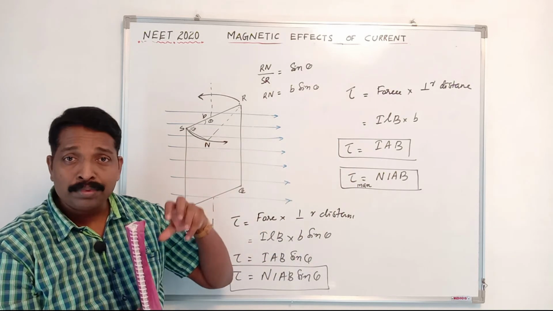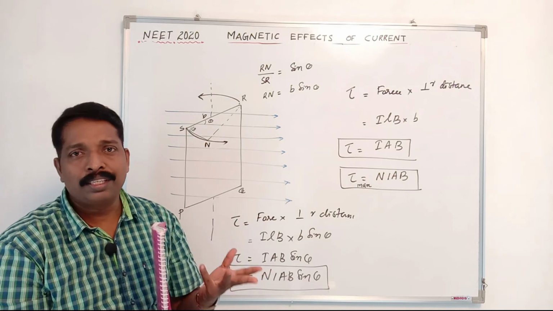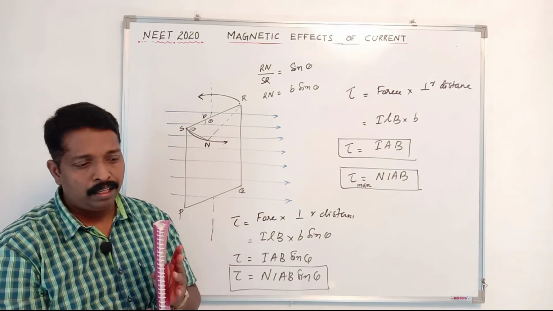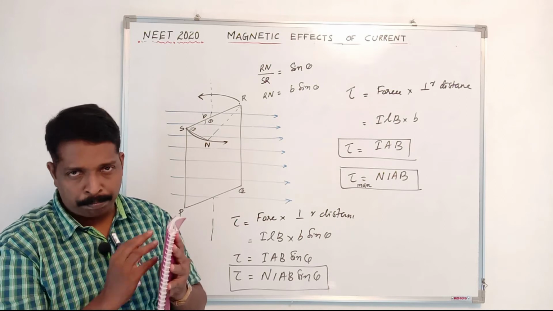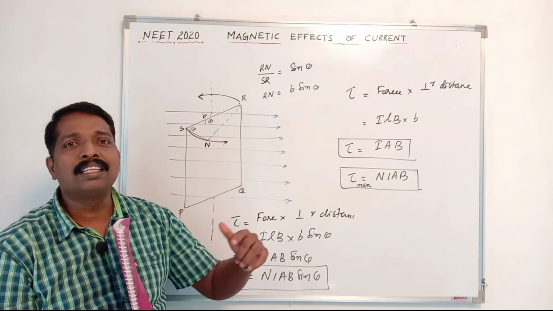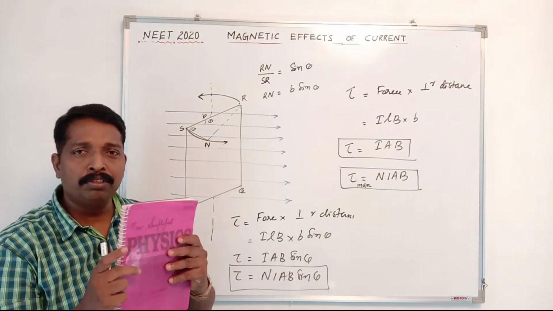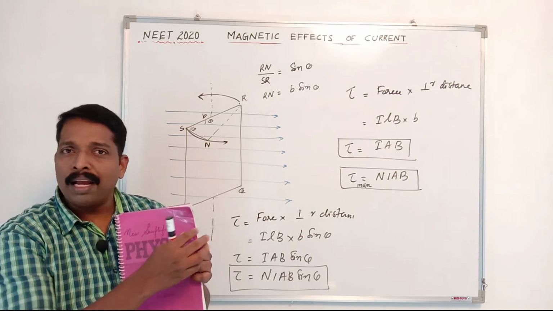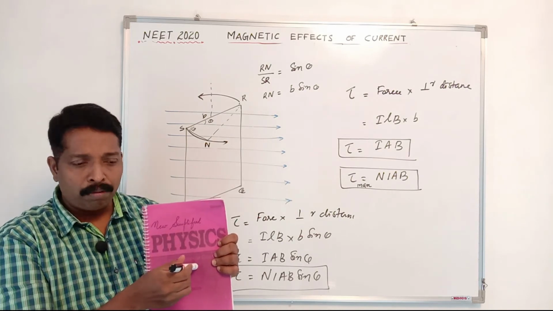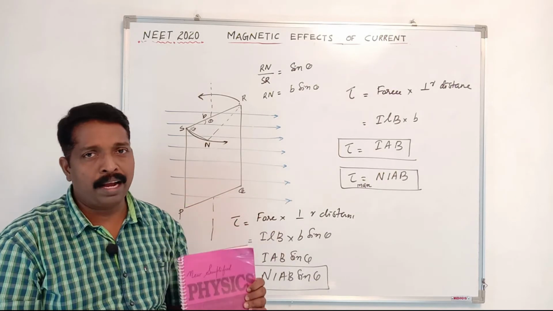When theta becomes 0, that means the torque is 0, because sine 0 is 0. Okay. The plane of the loop is perpendicular, but the angle between the area normal and magnetic field is 0, then torque is minimum. So if the plane of the loop is parallel to the magnetic field, meaning the area normal is perpendicular to the magnetic field, then torque is maximum.